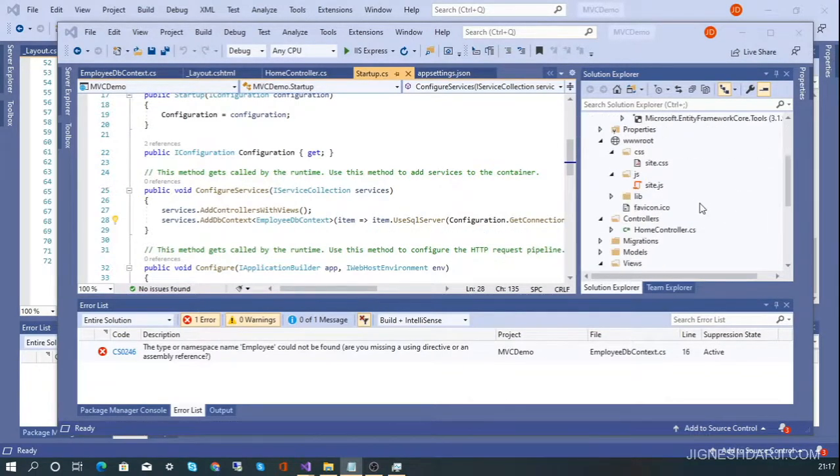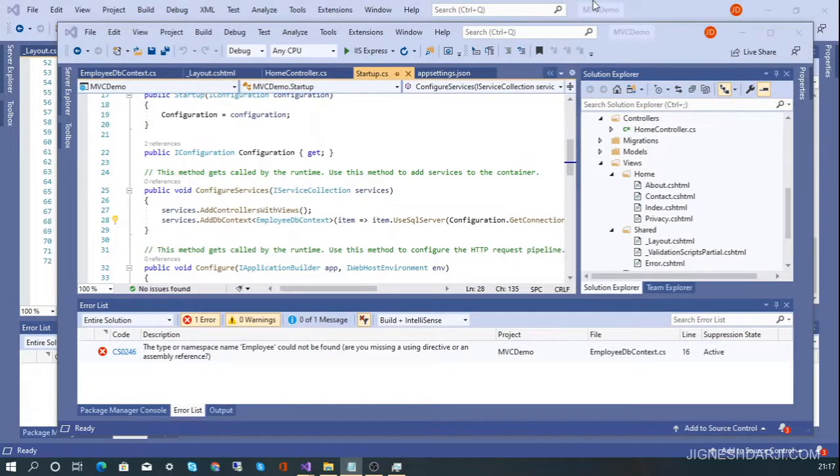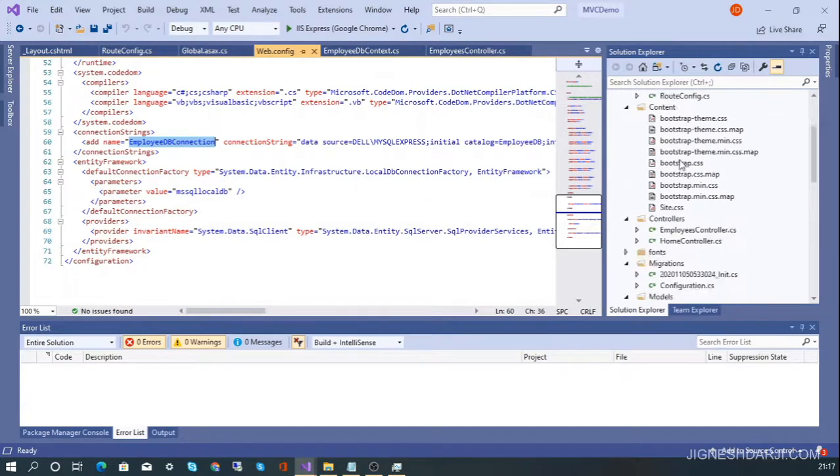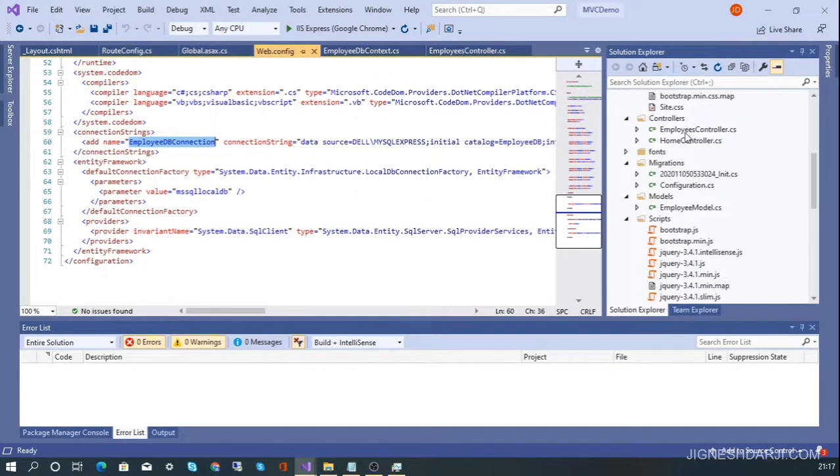For example, inside this old MVC project I have the employee controller. I simply create the same employee controller inside the Core MVC project and copy all the methods from the employee controller to the Core MVC project. Same as the home controller, I create all the views for the employee controller as well.